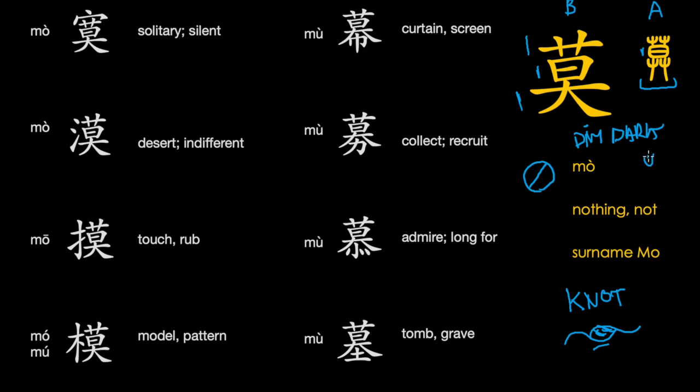something like this. Let me try to do it. 1, 2, 3, and 4. So basically, the top and the bottom combined was a standalone character, and then they separated it and inserted this sun character in between, and it meant thick vegetation. So they combined thick vegetation and sun to the meaning dim, dark, and the previous meaning, which was sun that